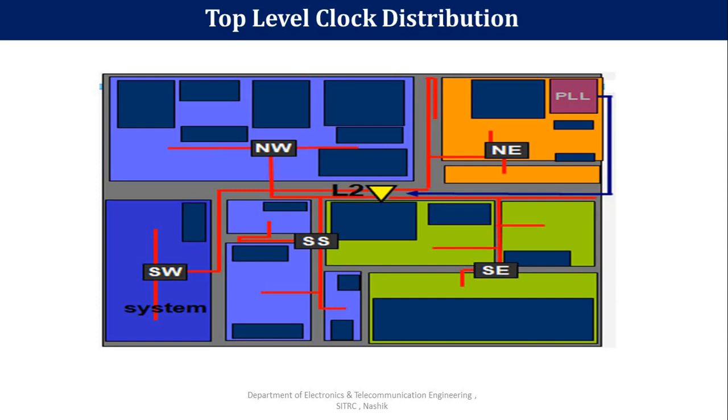This is the actual chip, a system on chip level top view, where the clock is distributed. Here you can observe how the clocks will be distributed to the different regions. The different boxes indicate the different floor planning. Different groups of elements are placed together. Some are the power block, system block, then PLL, then functional blocks, then some processor related equipment grouped together, some memory elements grouped together, and some IO blocks grouped together.